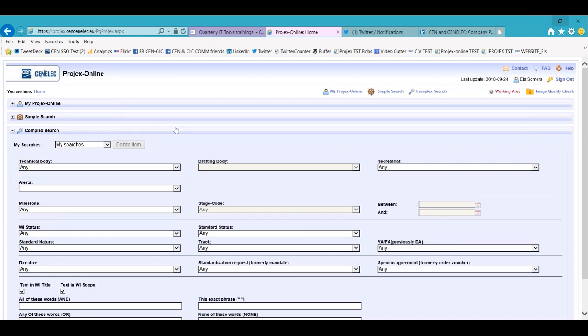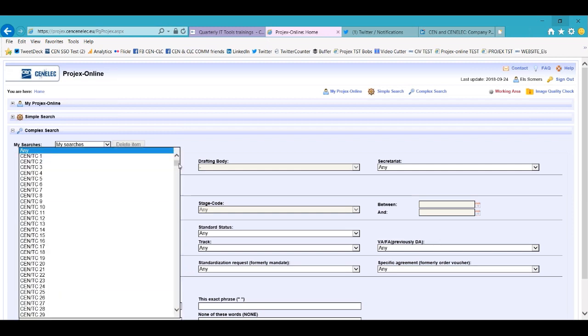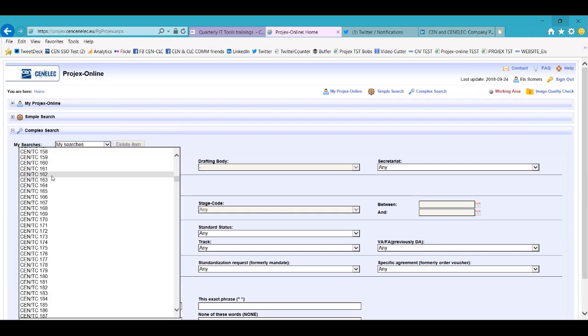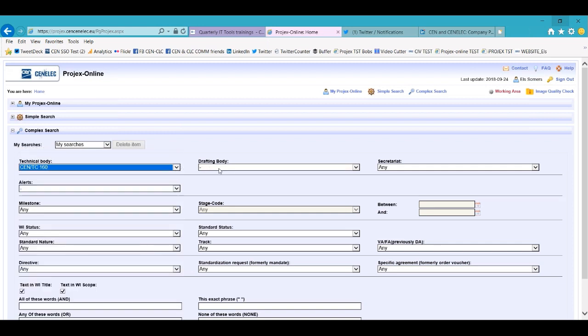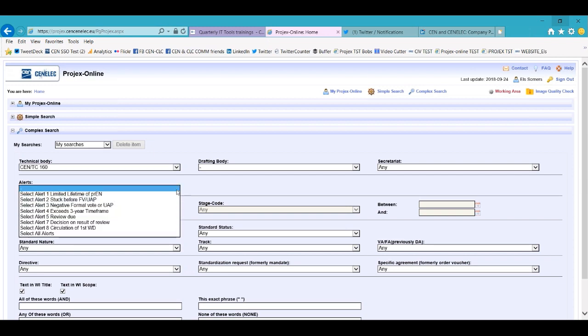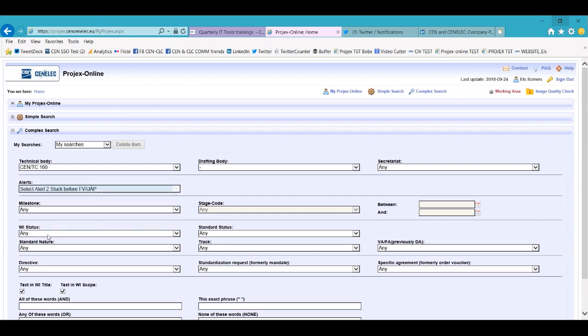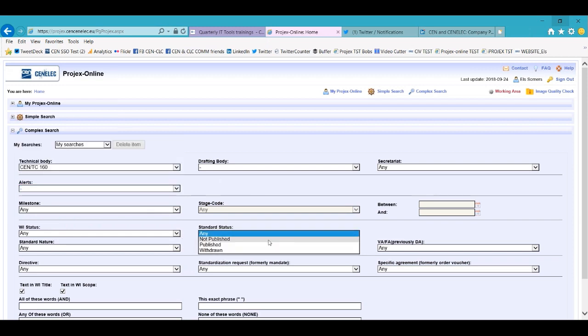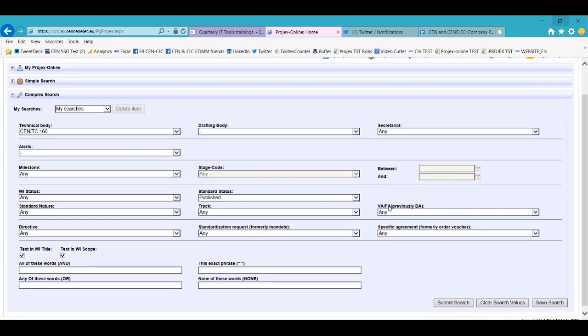Additionally, you can search in a more complex way by combining different search queries. Like the example I gave just before, you can select a TC. For example, if you're a CEN-TC secretary and you're interested in a specific alert or all alerts, just for knowing which of my work items are in alert stage, this might be a possibility. Or, like I mentioned, the status of your TC's